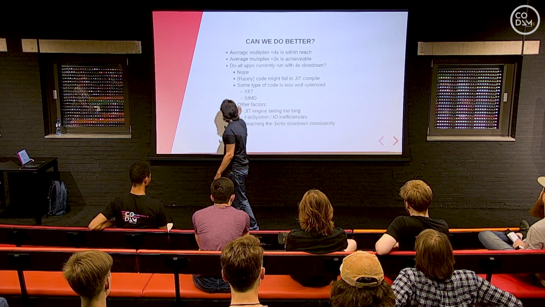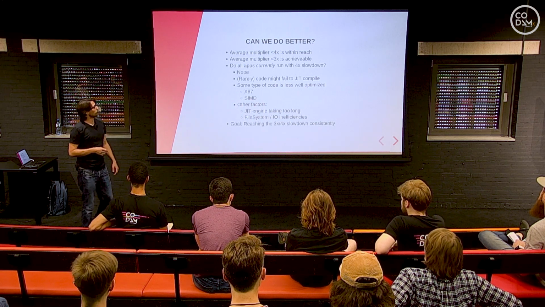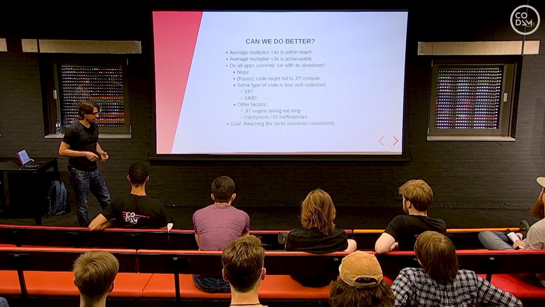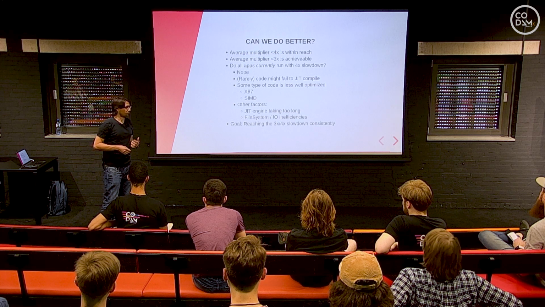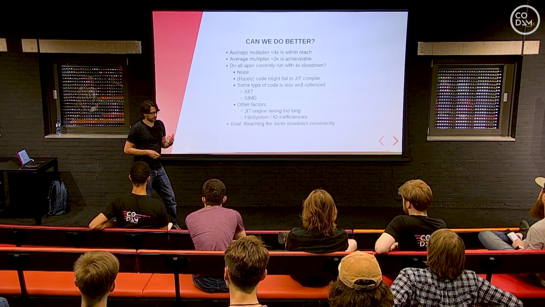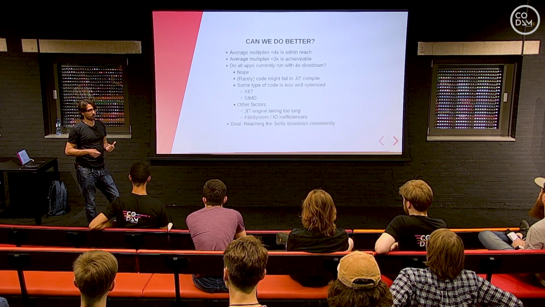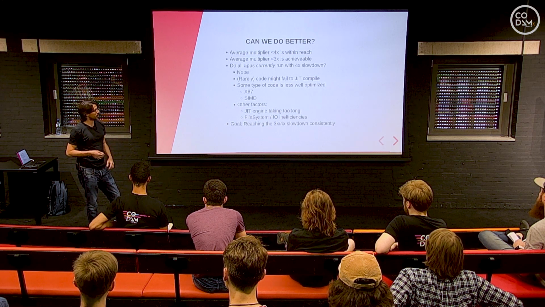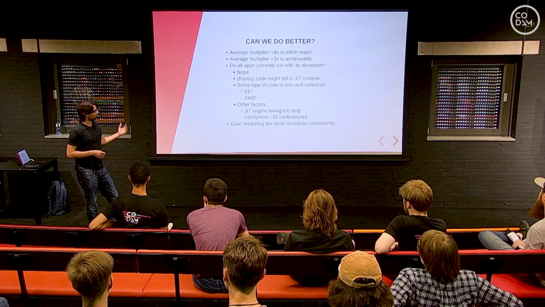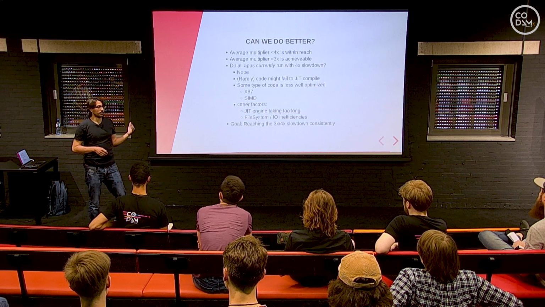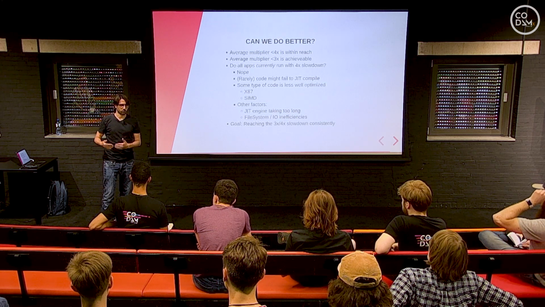Now, if we actually reach the 4x multiplier or the 3x multiplier, would that mean that all applications we run with a 4x work clock slow down? That's of course never the case. There is always something that can go wrong. In particular, it may be that the JIT compiler might fail. So maybe there is some code which is ugly enough that the JIT compiler cannot reason over that, and it gives up. In that case, the code will run in an interpreter, which is pretty bad. And so if we see an application that behaves not great, the first thing we should look at is to make sure that all the code runs in the JIT as much as possible.